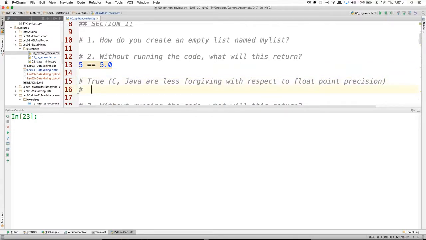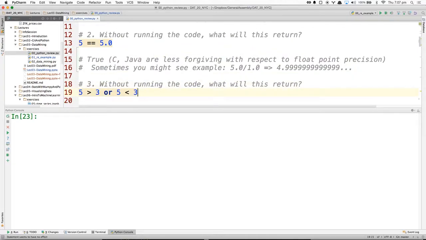For your own information, sometimes you might see 4.999999999 whatever, like if you divided 5.0 by 1.0, it might give you something like this. But yes, short answer, this is true.